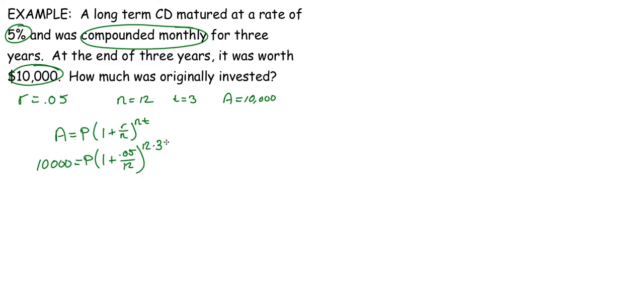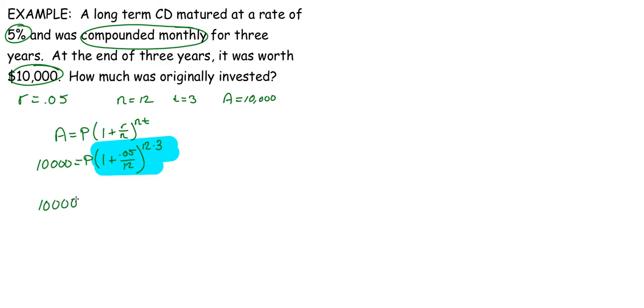Now it looks like a challenging thing to do here. But if we look closely, everything except for the P is all just a number. It might be a gross, ugly decimal, but it's just a number. I can plug that into my calculator and figure out exactly what that is. So I'm going to type in parenthesis 1 plus 0.05 divided by 12, close parenthesis, raised to the parenthesis 12 times 3 power, close parenthesis, and when I put it in, I'm going to get